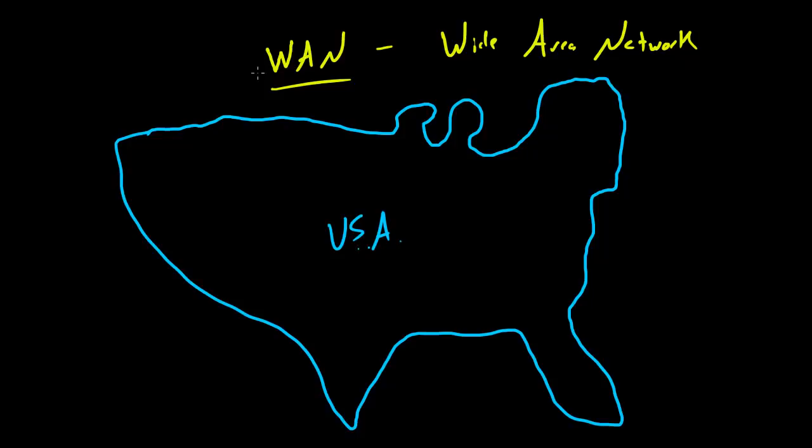we'll just say that this is the United States, USA, and I want to draw this because this, of course, helps me demonstrate a WAN. So what is a WAN? Well, a WAN is made up of multiple MANs. So here's a city, here's a city, here's a city. They all look the same for some reason. I don't know, good enough.